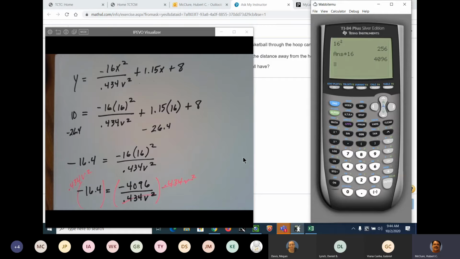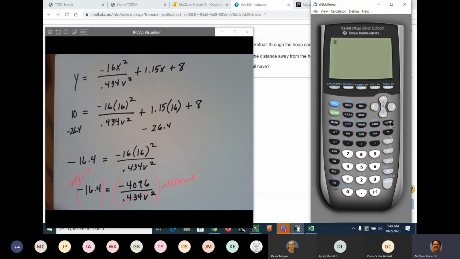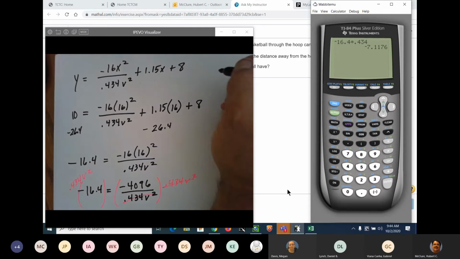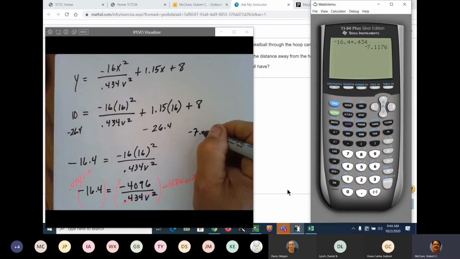And you're left with a big number over here. So that's negative 16.4 times 0.434. And that gives us negative 7.1176 v squared